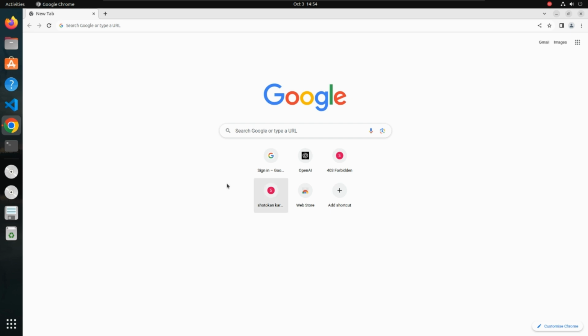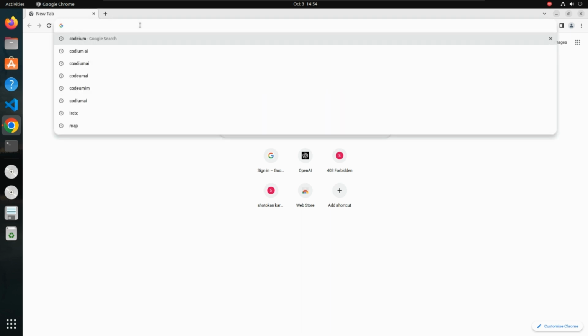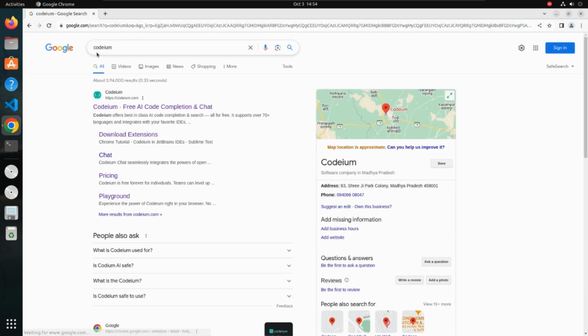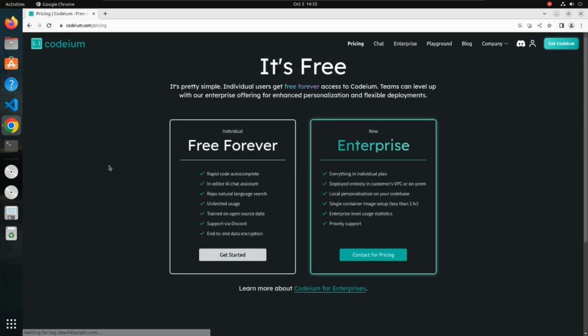So for that, all you need to do is search for Codeium, and then click on the result with the link codeium.com. You can also click on pricing to check what you get in free forever. So all these things you get free forever. So I'll click on this Codeium,